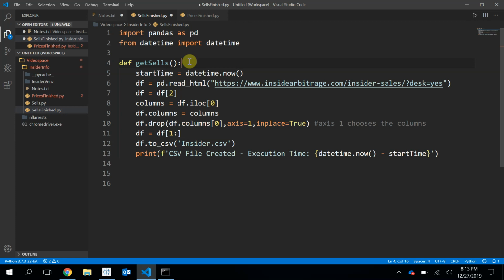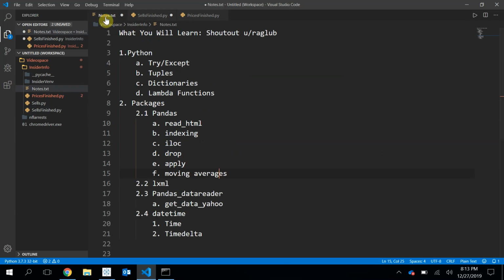So with that being said, let's hop over here to the notes and talk about what we're going to learn today. So first, shout out to Raglub on Reddit. He gave me a better way to organize these notes, so let me know if this works better for you guys. So the first things we're going to learn are some things in Python,